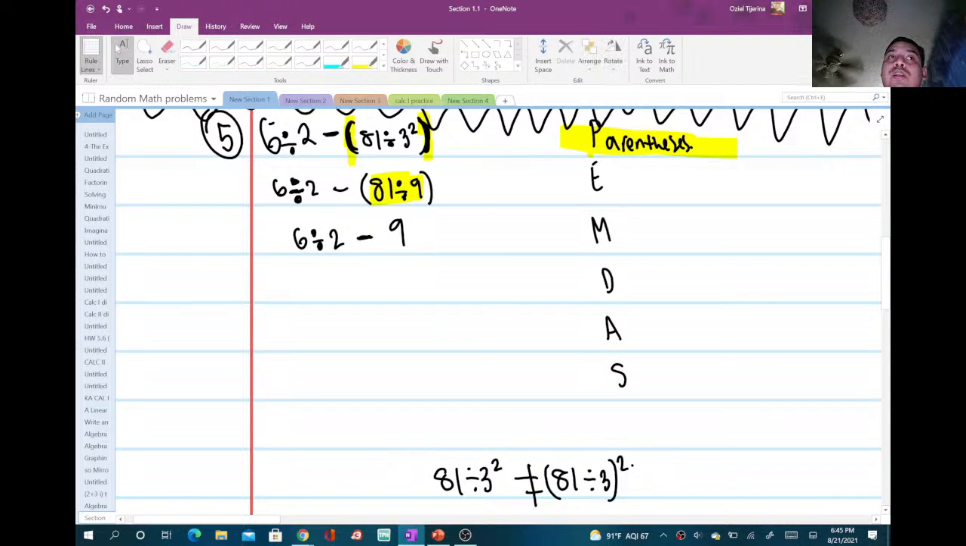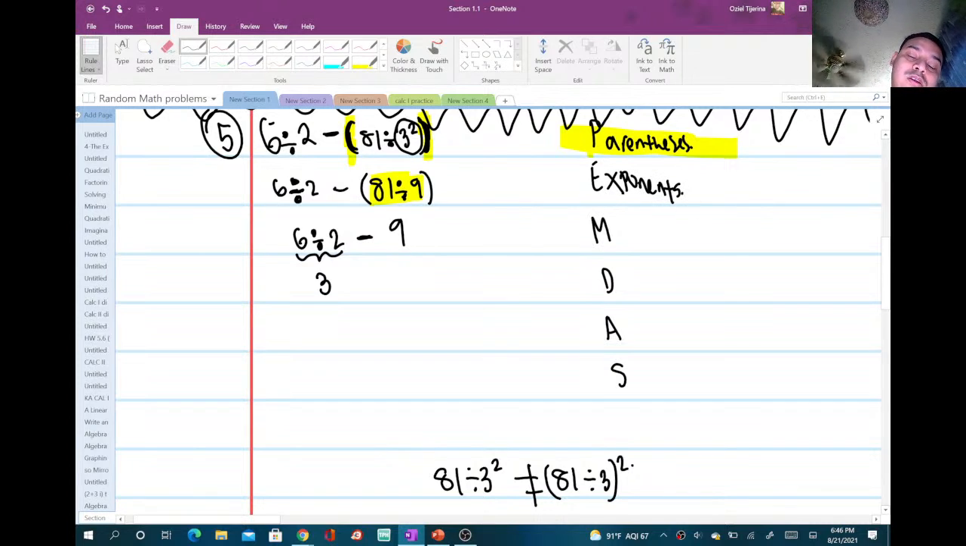We're doing 81 divided by 9 because we have a 3 squared here. It's literally just one term. So we're doing 81 divided by 9, which is 9, right? And then we have 6 divided by 2 minus 9. So then we're going to do 6 divided by 2, right? So that's 3. The only exponent we really had was 3 squared, but that was inside the parentheses, and we already worked out what was inside the parentheses. So we can